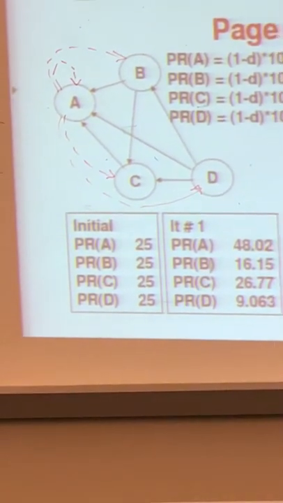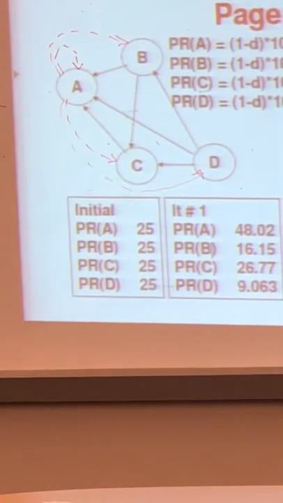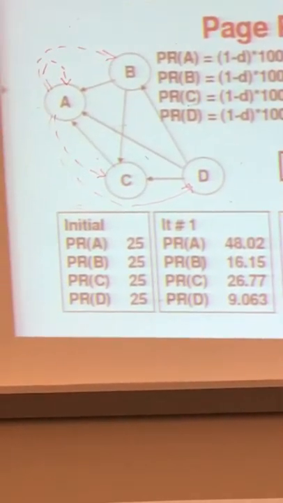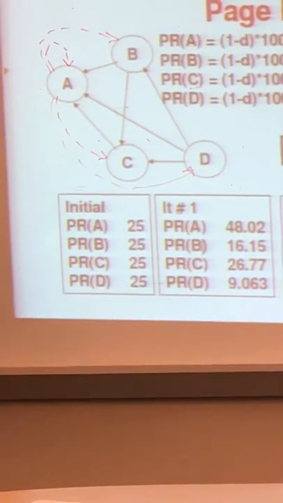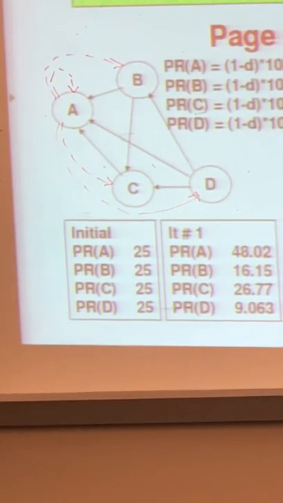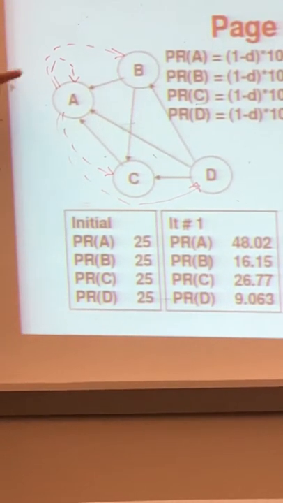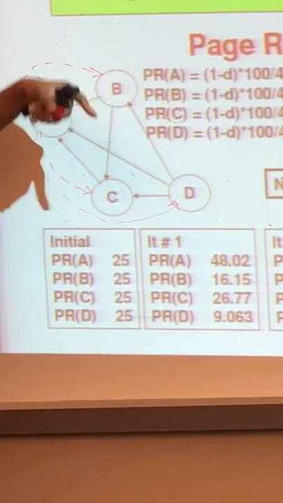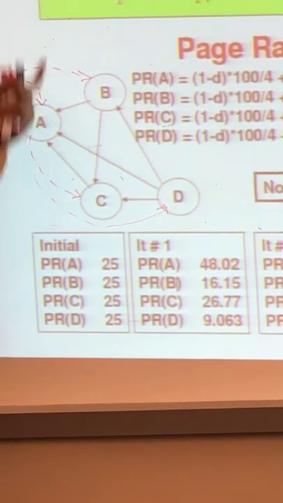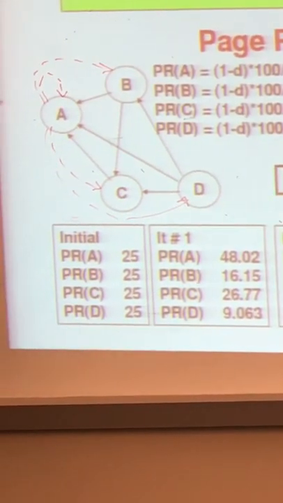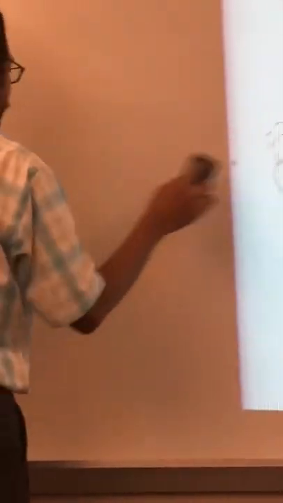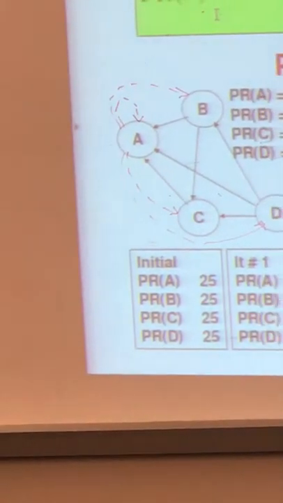Once you have those logical, what do you call, virtual... virtual, very good name, virtual edges to all the vertices, you can use the same idea that we have to come up with the formulation. So if you consider this as an incoming edge to B, then you can now use the same formulation that we have. Let us do that on this graph. Once you draw the virtual edges,